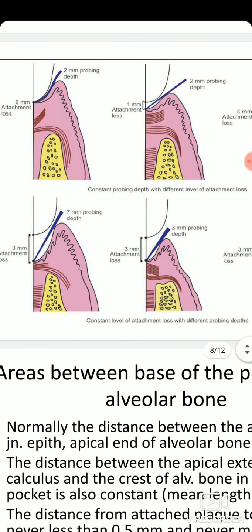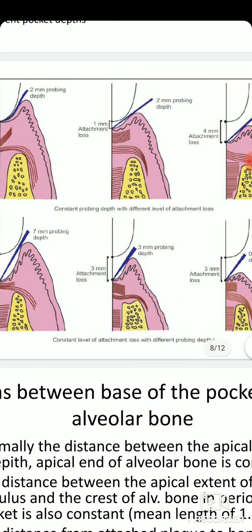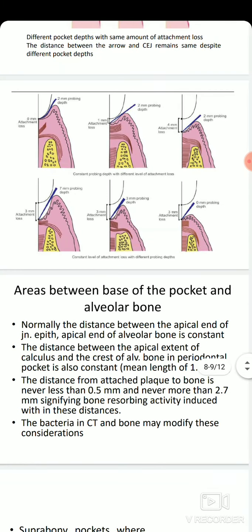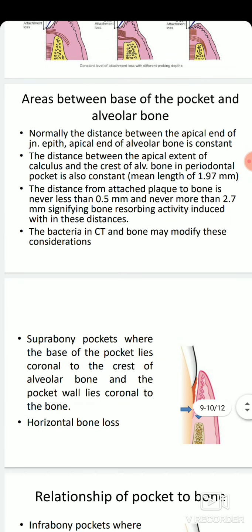So to understand, one needs to have an idea about the definition of a pocket. Pocket is measured from the crest of the gingival margin till the base of the pocket, and loss of attachment is measured from the cement enamel junction till the base of the pocket. So the areas between the base of the pocket and alveolar bone. Normally the distance between the apical end of junctional epithelium